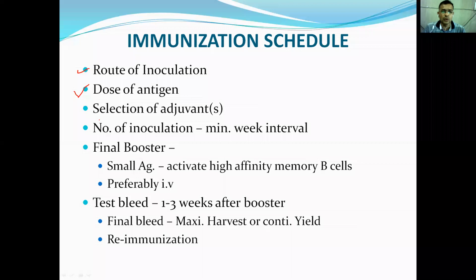If you are using an underdose, your immune system may not be able to respond very well. If your dose is too high, then your immune system may undergo an anergic state where it cannot respond to your antigen. So optimum dose is also an important criterion. Selection of adjuvant: many times an adjuvant contains some antigen that may divert your immune response. So selection of adjuvant is also important, and it must add to the immune response. Otherwise, if it does not play any important role, then there is no point in adding adjuvant to your antigen.